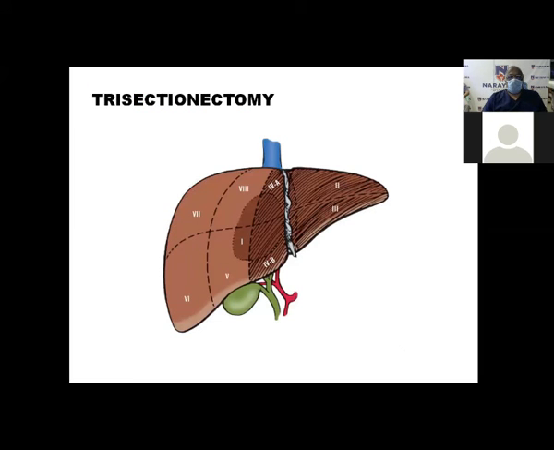Trisectionectomy, where you have done along with 2, 3, and 4, you can take this trisectionectomy. See, the other name of the extended procedure, the shadowing is not correct here. Okay, thank you. I've talked to you about the surgical anatomy of the liver, intrahepatic anatomy to a certain extent.